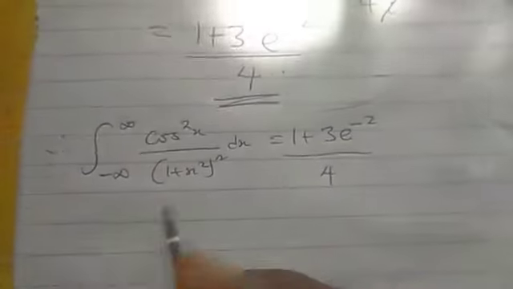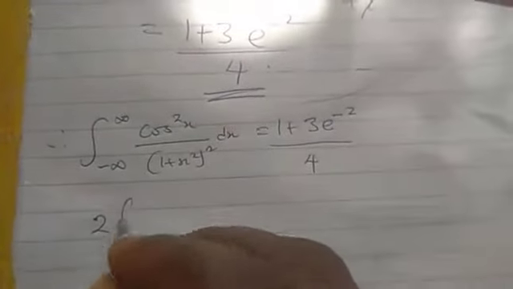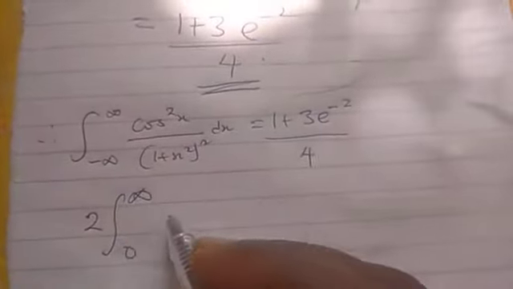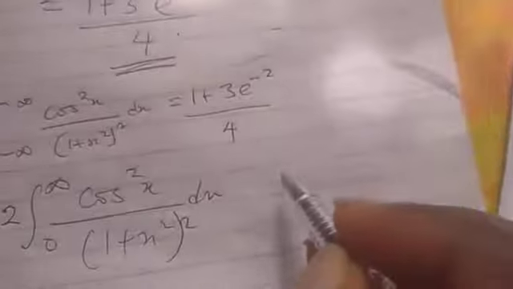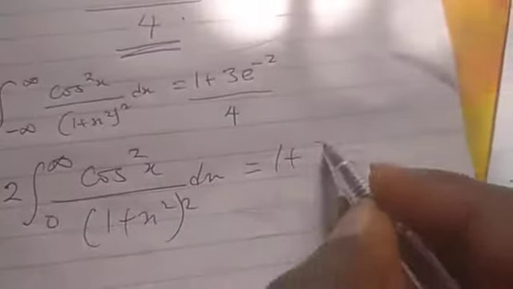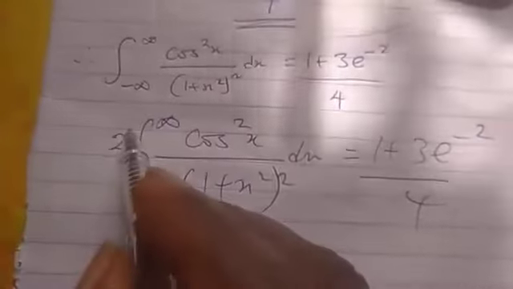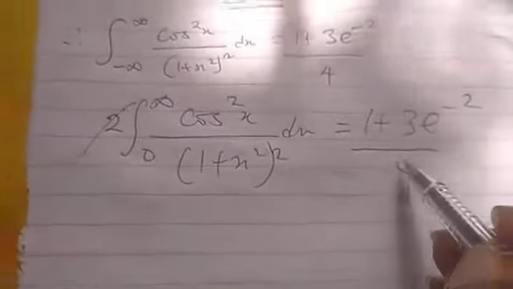So let's write it, but this function is an even function. So we can turn it to 2. It is half of the other one. We can turn it to 2 over this. So when we later bring these 2 here, if we divide both sides by 2, this will become 8. So that is the answer. So that is the solution of this integral.